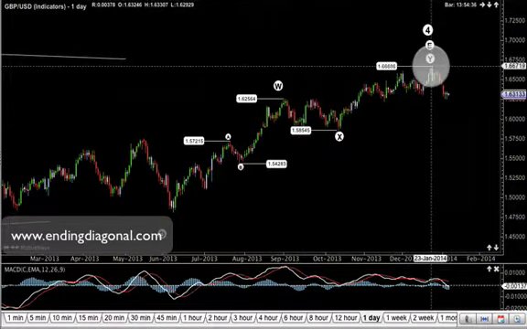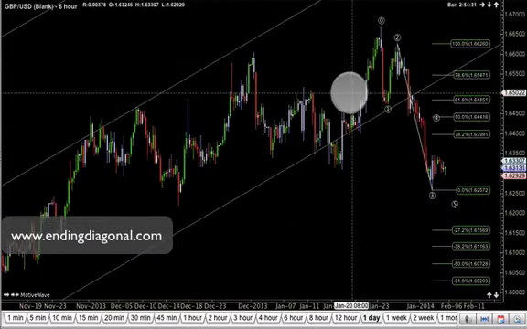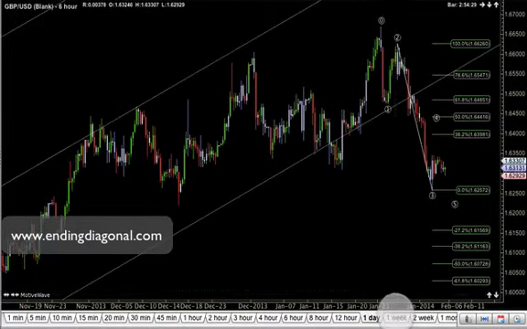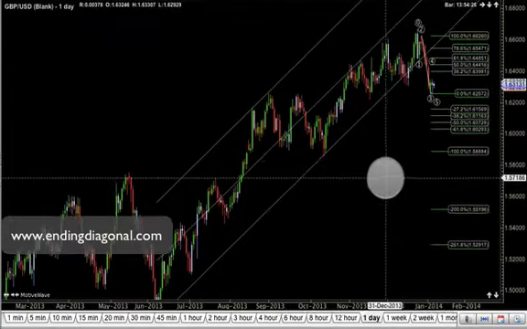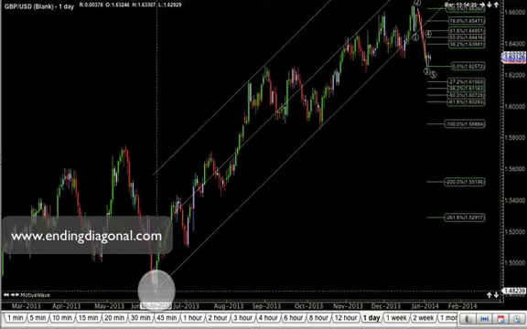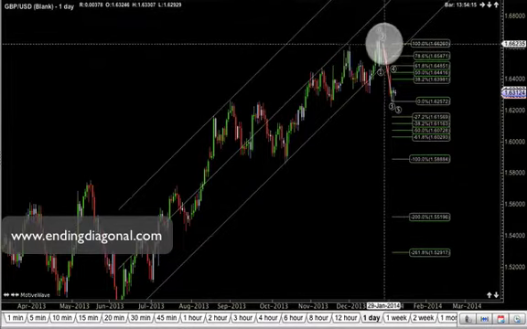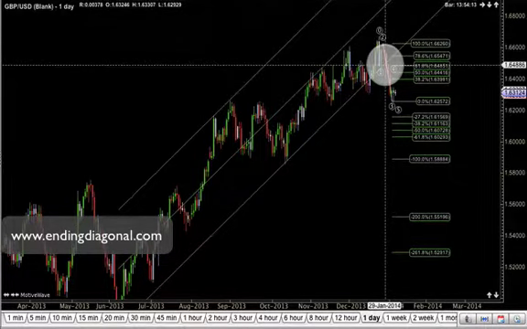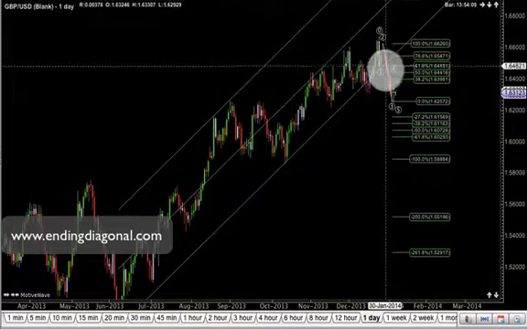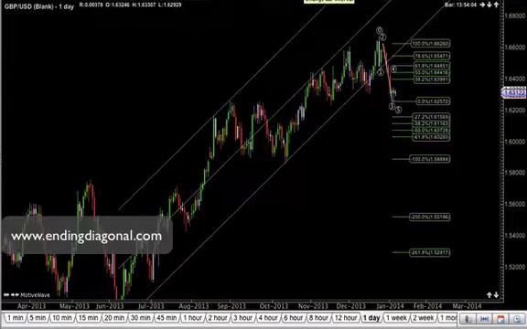The move since then has been fairly impulsive, and we've drawn a trend channel based on Elliott guidelines, and price has broken the lower trend line, the lower upward sloping trend line, quite convincingly in an impulsive fashion,